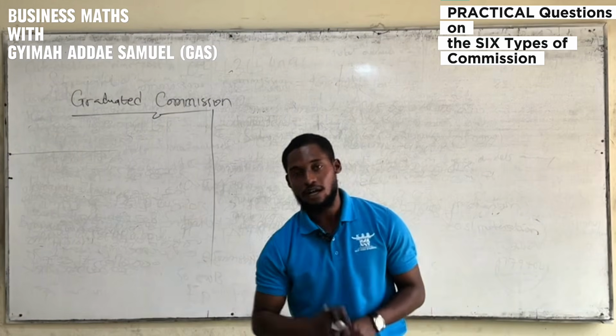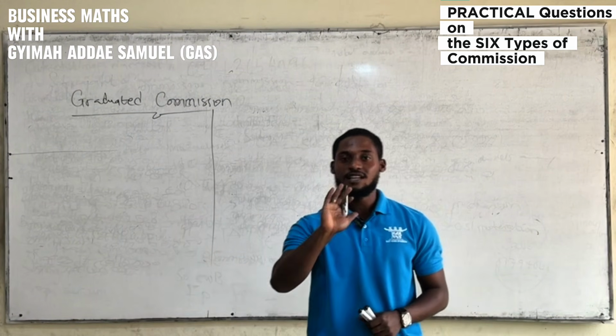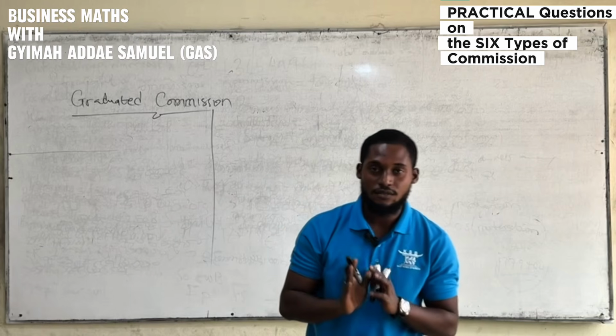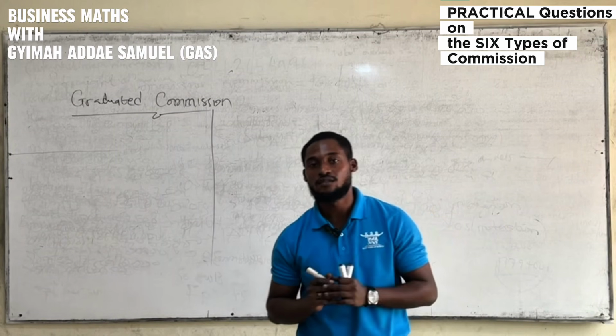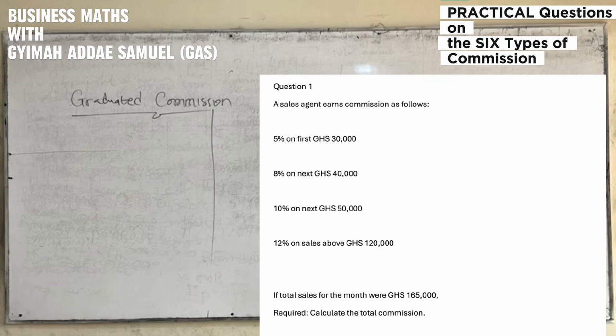So now we move on to graduated commission. Graduated commission is complicated and confusing. So please pay attention here as I explain and break it down to your understanding. So now a sales agent earns commission as follows: